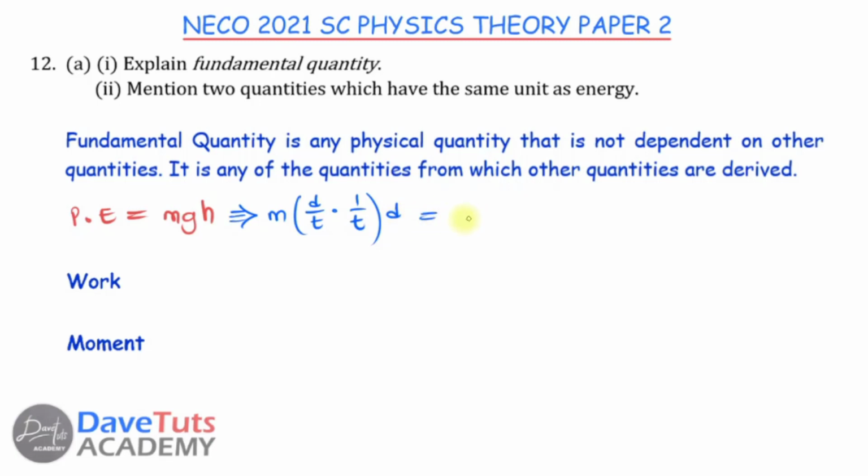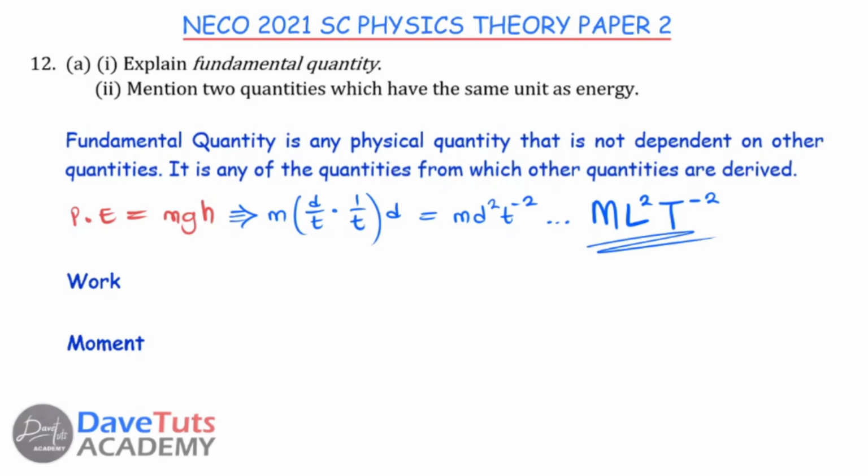So what we have here is m, a single m, d in two places, then t at the denominator, that is t raised to the power minus 2. And we want to put it as the base fundamental unit. We can say this is nothing but, for the mass we have M, for distance that is L raised to the power 2, and then for time that is capital T raised to the power minus 2. So what we are looking for inherently are two other quantities whose dimensions are going to be ML squared T